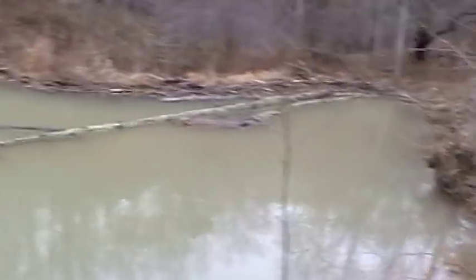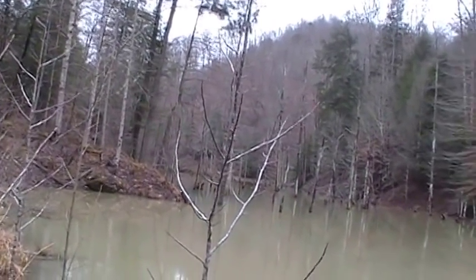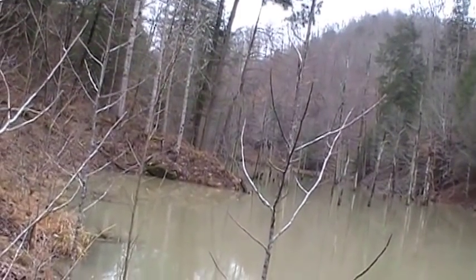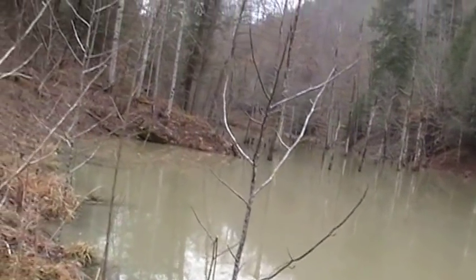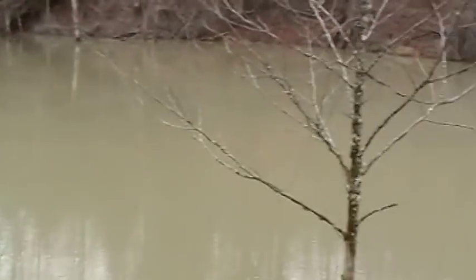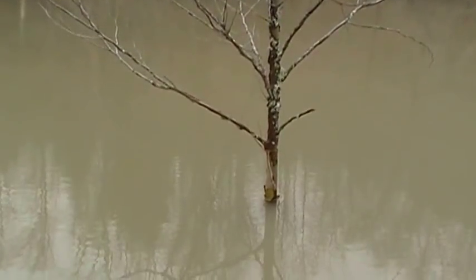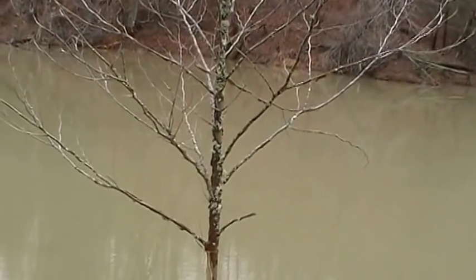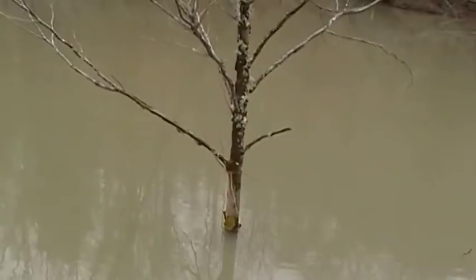So it's kept raining, flooding all my sets out. I had a 330 set up there, and I thought there was another beaver in this pond, and it seemed to be avoiding that trap. It was on one side of the lodge, and it was going out the other entrance. And I couldn't get to the other entrance because the water was too deep. So I set up a snare on this little sycamore tree and put some lure on that broke off branch there. And now my snare is gone,